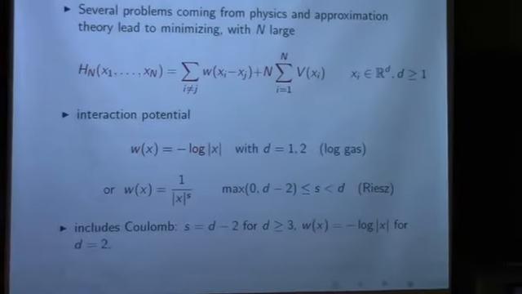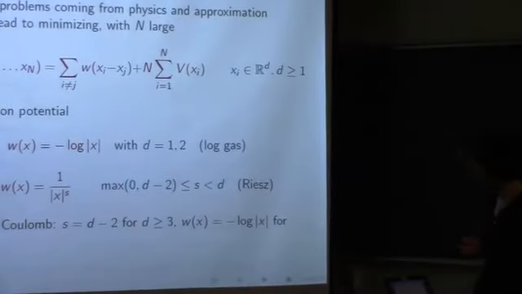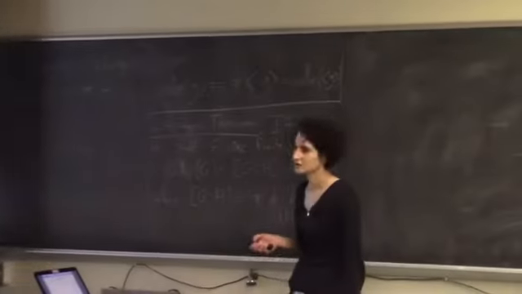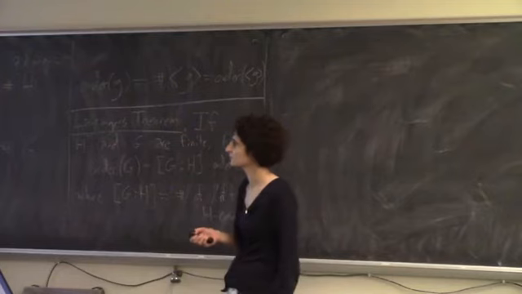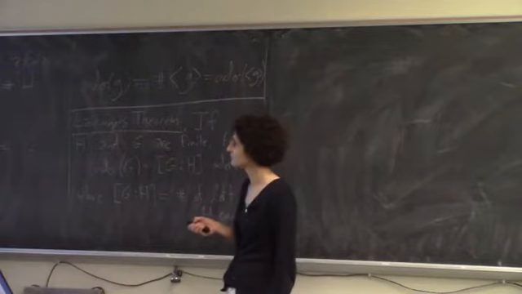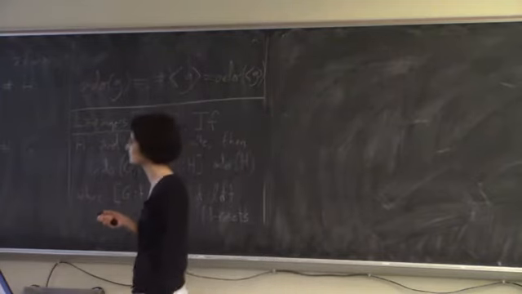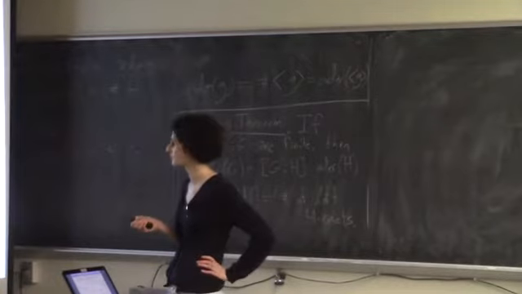So let me first present the question, as it's quite simple to phrase. We want to look at systems where you have n points or n particles at locations x1, ..., xn, and an energy is associated to these locations. It's a sum of pair interactions with an interaction potential W and some potential energy, some confinement potential, in fact. Okay, so the interaction here is singular, and we treat